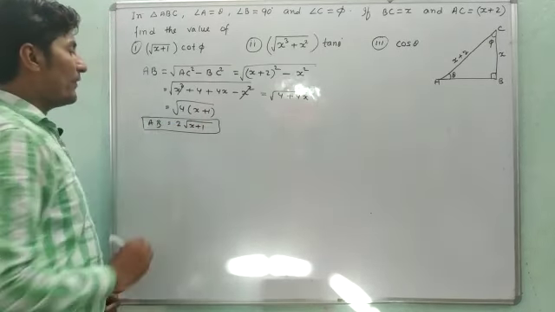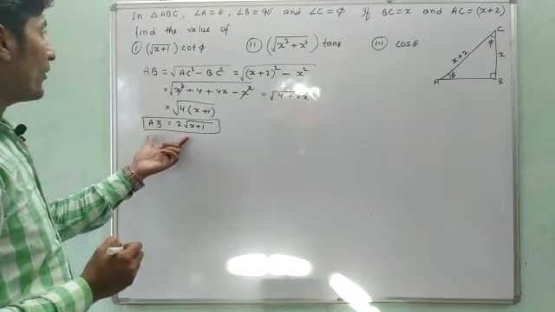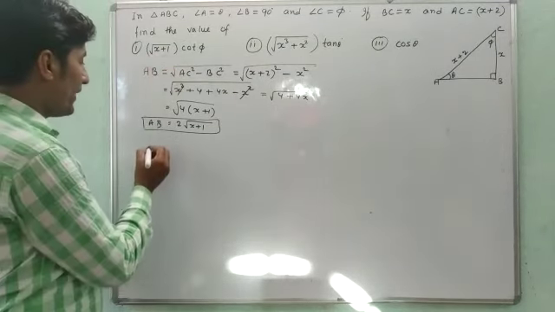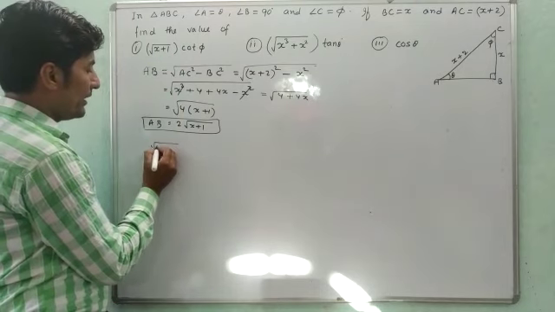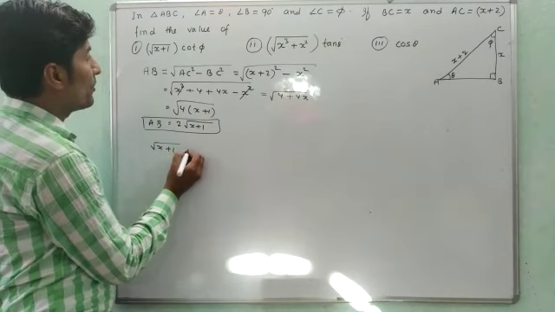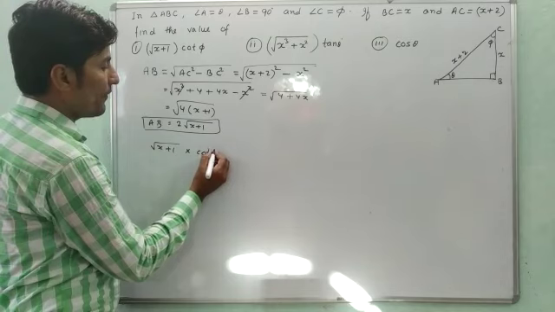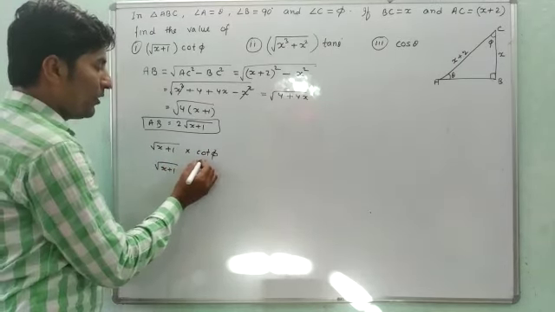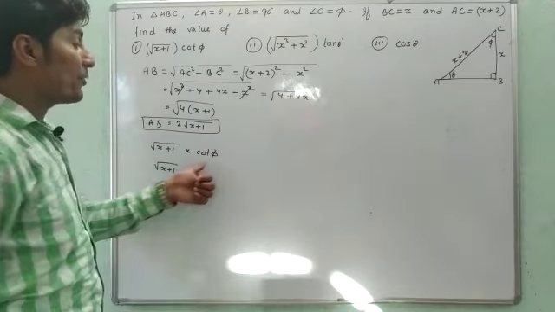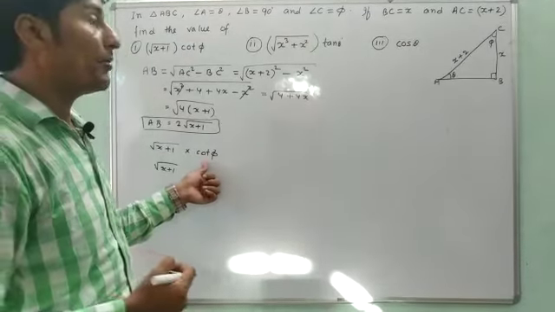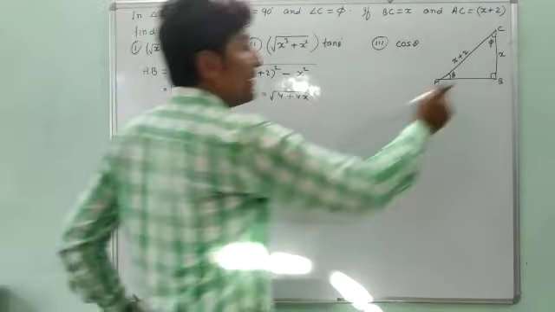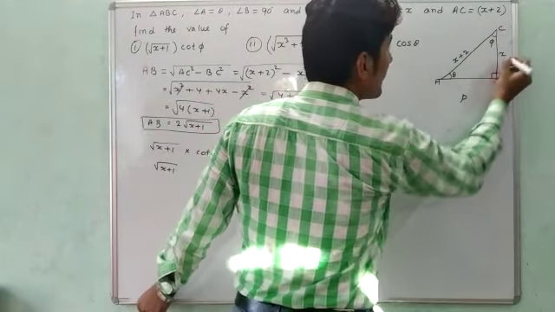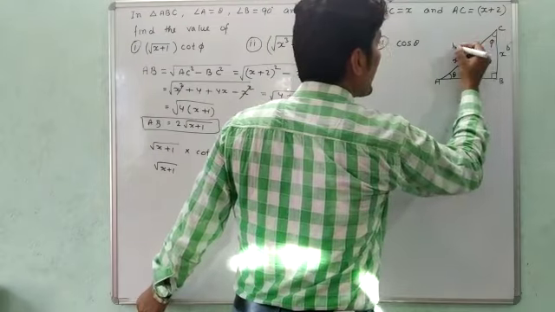Now we got the value of AB. After getting the value of AB, now we can find the value of under root x plus 1 into cot phi. Under root x plus 1 will be as it is, no change. In place of cot phi, as we know, cot theta is equal to b upon p. So theta is at point C, so the side opposite to theta will be taken as p, this will be taken as b, and this will be taken as h.